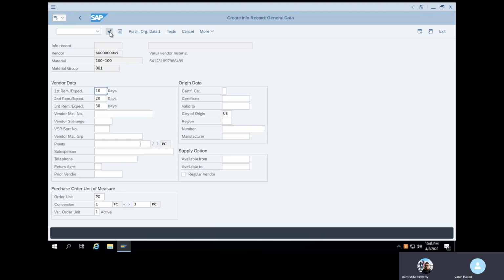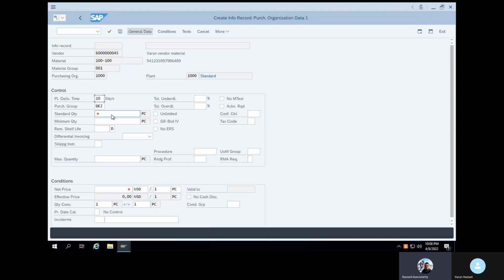Now click on that purchasing data one. Here you need to enter the quantity. How much quantity do you want to order? Minimum quantity, put 1,000. Standard quantity 1,000. That is mandatory. If you come below to the conditions tab, net price is there.